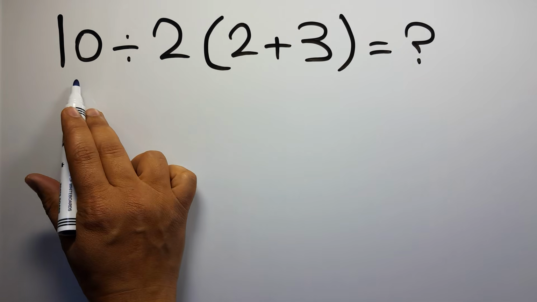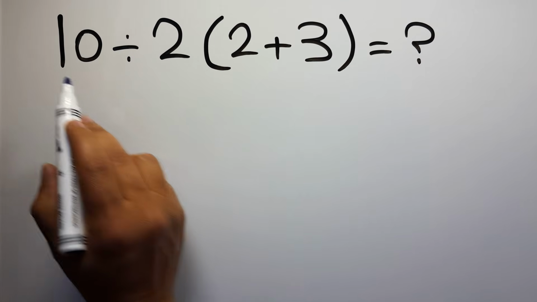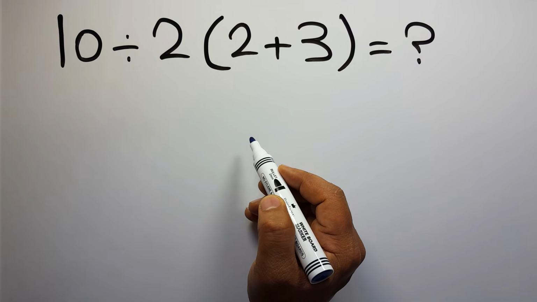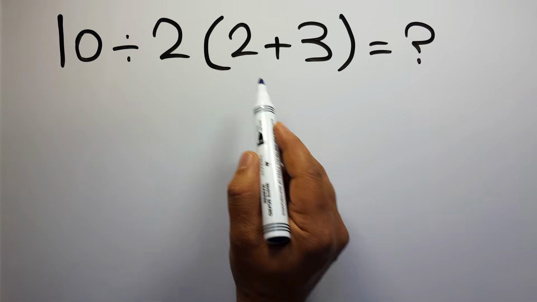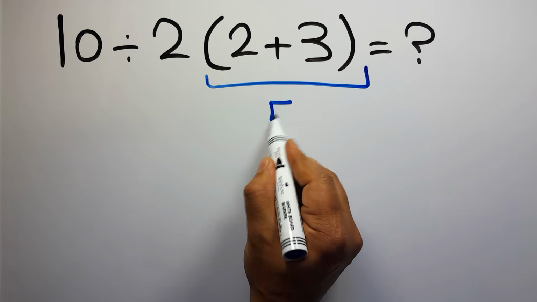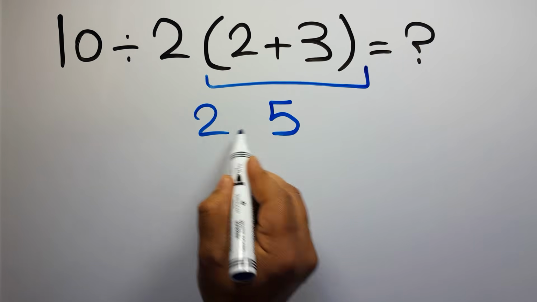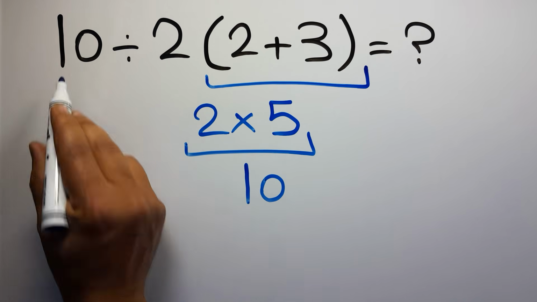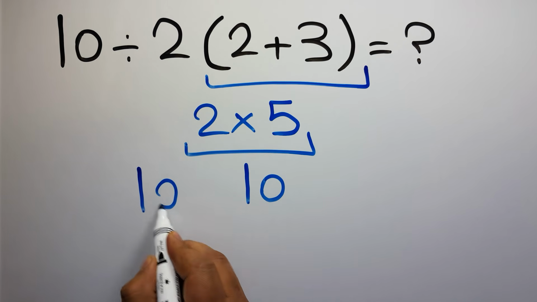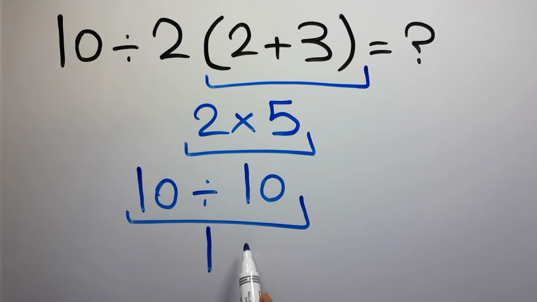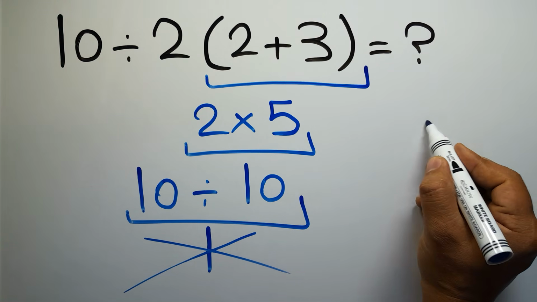In this video we want to find the value of this expression. 10 divided by 2 then times 2 plus 3. First we do this parentheses. Inside this parentheses we have 2 plus 3 which gives us 5. So 2 times 5 equals 10. And then 10 divided by 10 is just 1. But this answer is not correct because according to the order of operations, which is PEMDAS,